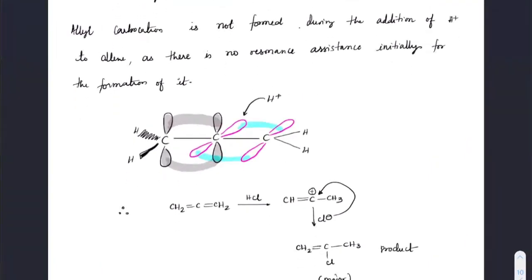Sir, since allyl is taking some time to rotate, it has more activation energy. Can you say that? Activation energy is about instant stability. Which is going to be the instant stability which you are getting? Correct. If it is not able to get that instant stability and it is rotating to get that stability back, correct? So it requires more amount of energy to get to that stable carbocation. Clear? Okay, sir.